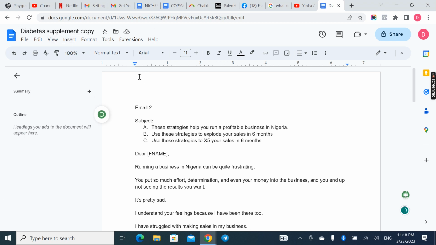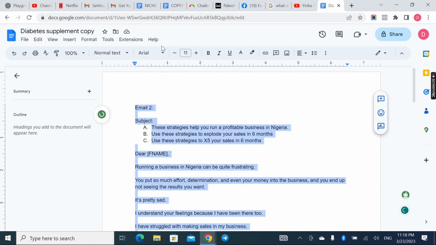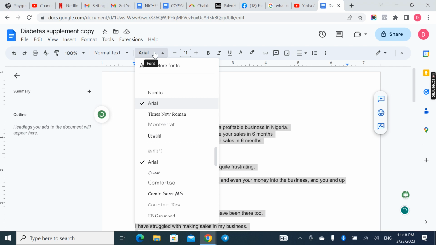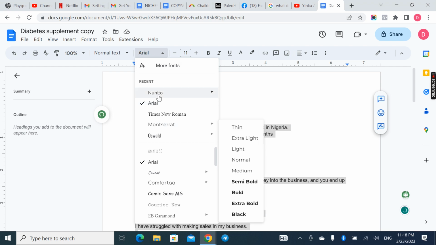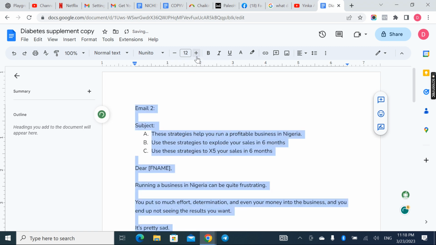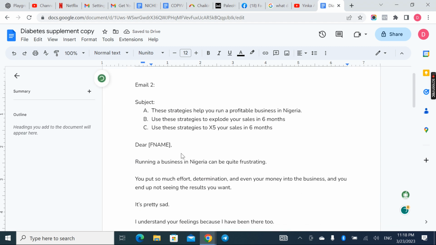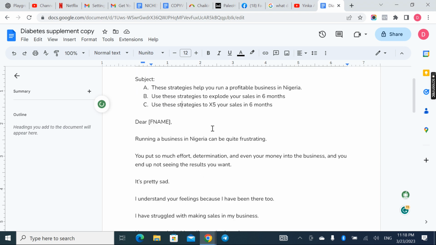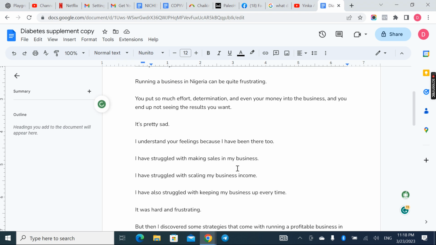And if you want to change your font, let's say Control A, you understand Control A, then you come to this font area. I use Nunito, you can use anyone, just play around with fonts and increase the font size for it to be readable. Yeah, you can just work around all these things, play around with this to know what is what. Okay, if you want to bold stuff, if you want to, you know,